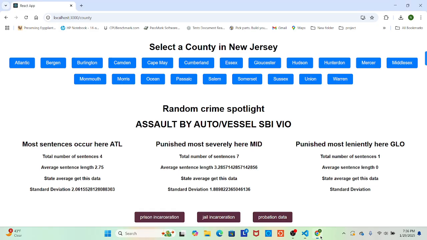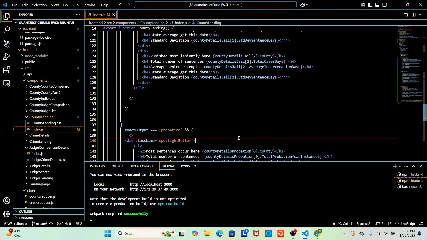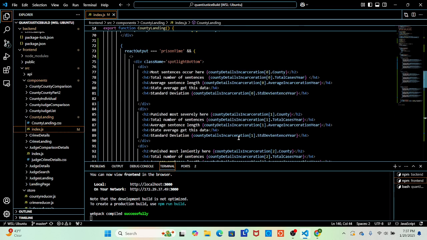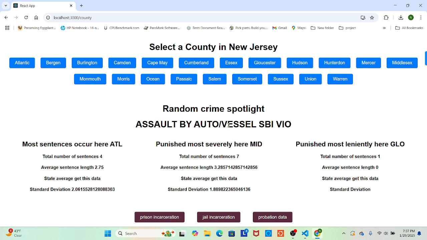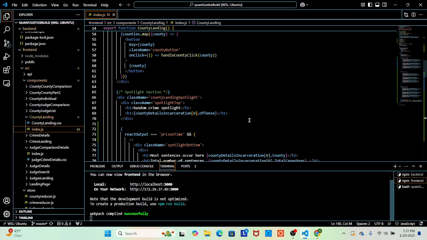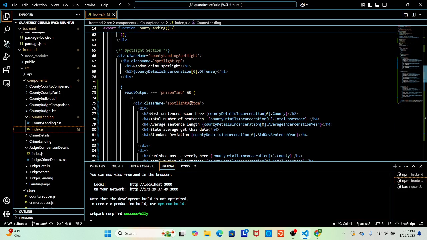Into spotlight bottom. So in this case we have title fence. I know we could get it like a separate class name that changes the class name based on probably whatever is going to be the use state. But at the same time, I'm just thinking of having a second one here just to let people make sure they know the difference between the three of them. So we're just going to have a second div here.